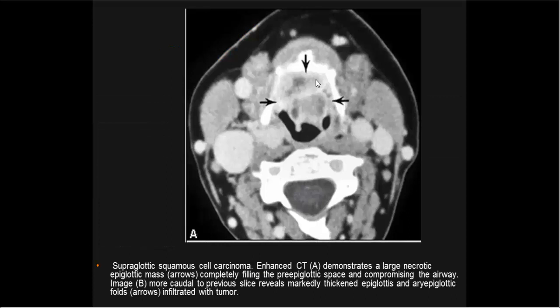Again, supraglottic squamous cell carcinoma. This enhanced CT demonstrates a large necrotic epiglottic mass completely filling the pre-epiglottic space, compromising and encroaching on the airway. As we see more caudal, there is a markedly thickened epiglottis and aryepiglottic fold infiltrating